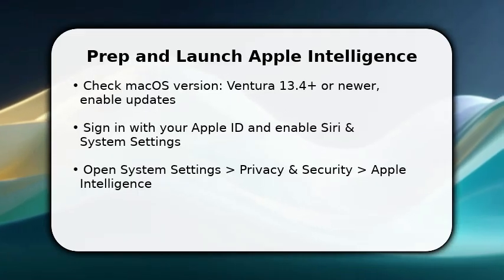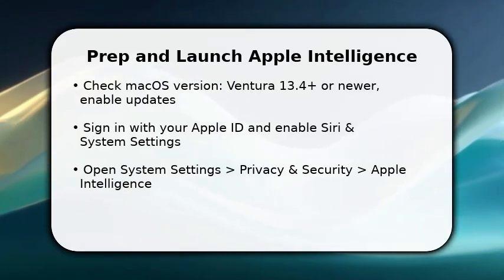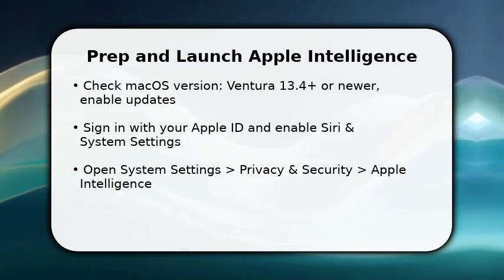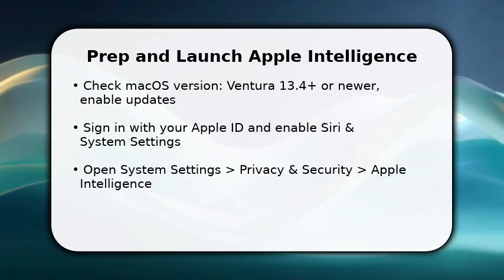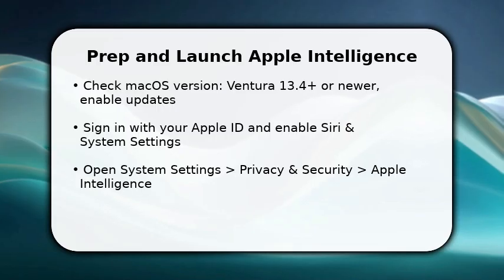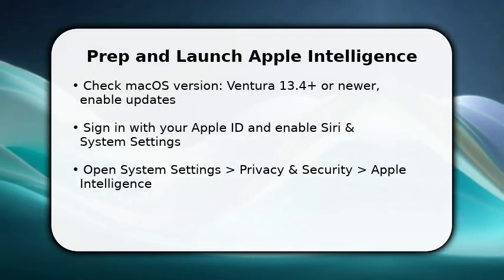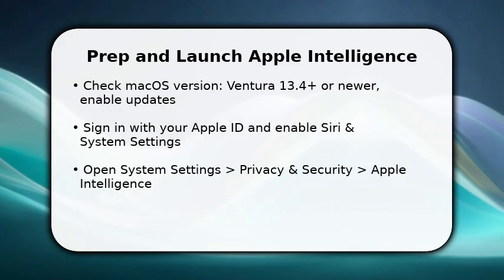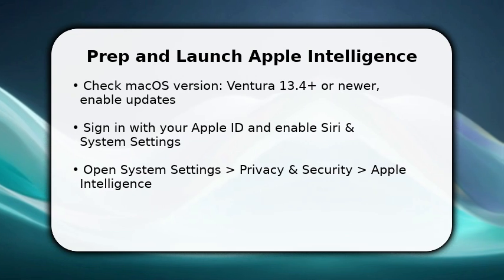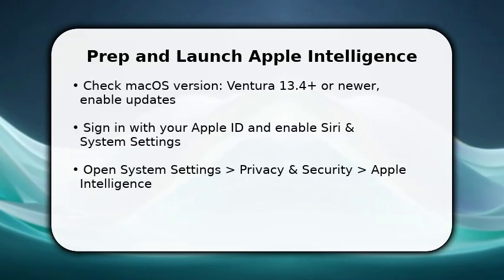You start by confirming prerequisites so features behave predictably. Sign in with your Apple ID and ensure macOS is up to date. This unlocks Apple Intelligence features. Once done, enable Siri and allow required permissions in System Settings, Privacy and Security. Make sure to open the Apple Intelligence panel so you can toggle capabilities like on-device processing and document access. This first pass gets the system ready and prevents permission blocks later, which saves time when you move into workflow